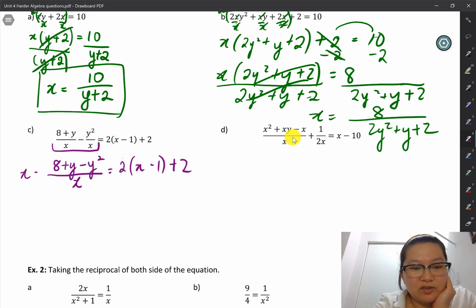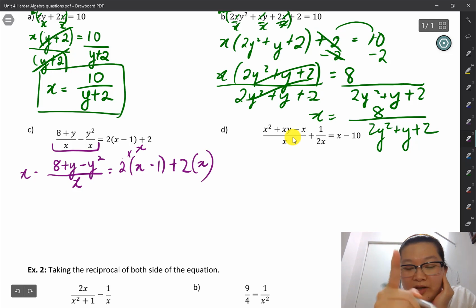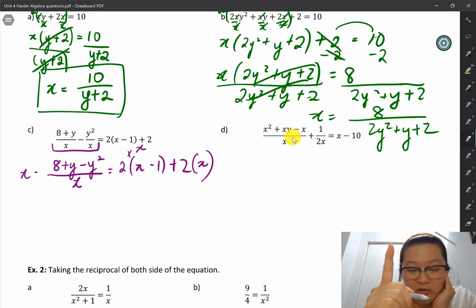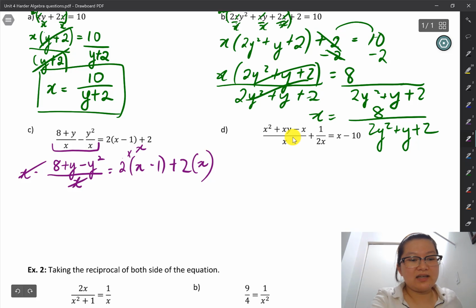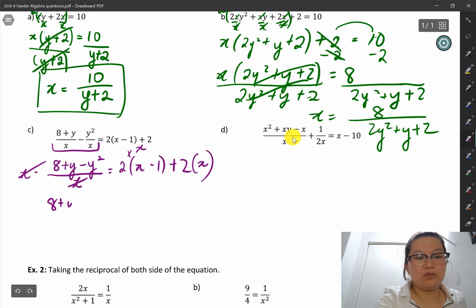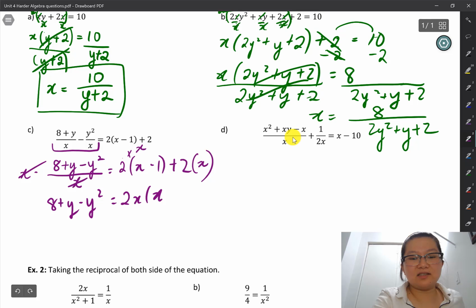Okay, so that's multiplying this guy by x, and then the 2 by x as well. Don't forget that lonely 2, it's still a term. Remember, treat all terms fairly. This x cancels out with this x. I get 8 plus y minus y squared is equal to 2 times x in brackets x minus 1 plus